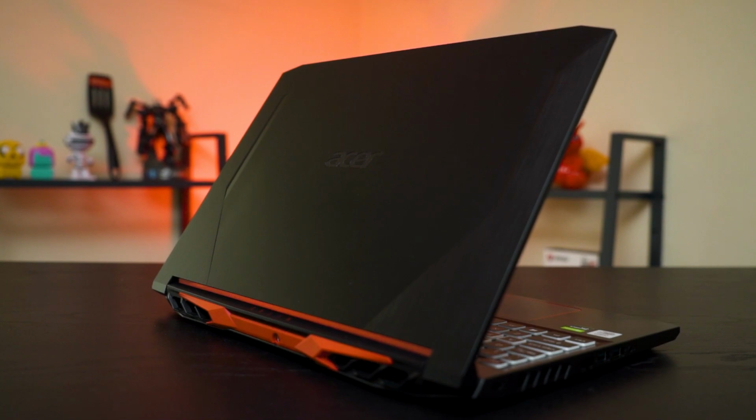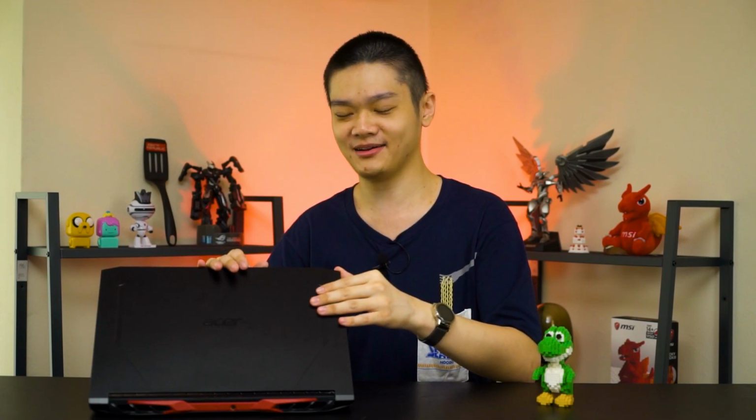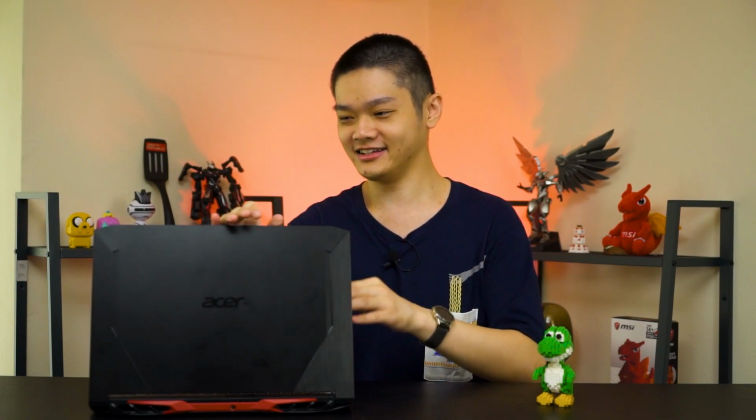Onwards, outside of the specs itself, this laptop comes with a pretty edgy design. Literally edgy, because at first glance this doesn't really strike to me as a gaming laptop, but when you start to look at the overall build quality and all of the embellishments and whatnot, you can see that this is practically a rectangular block with some of its corner chopped off,